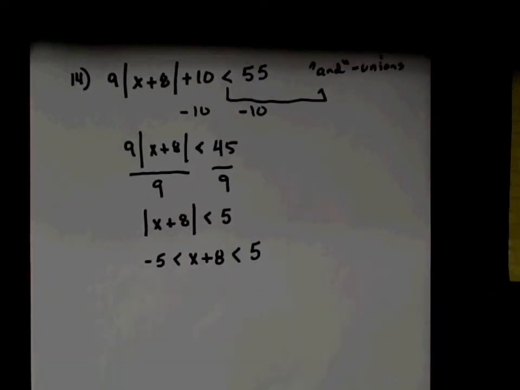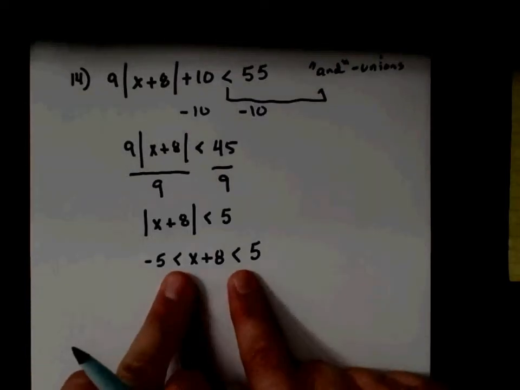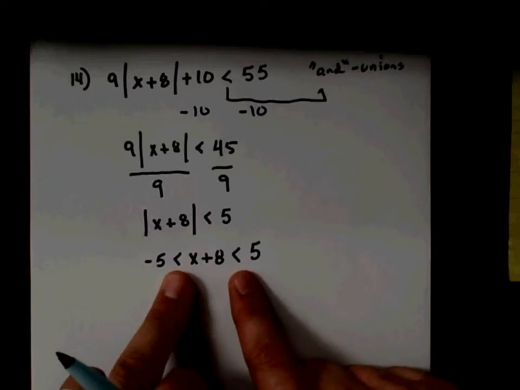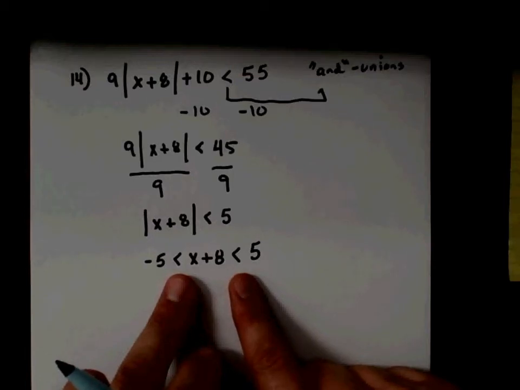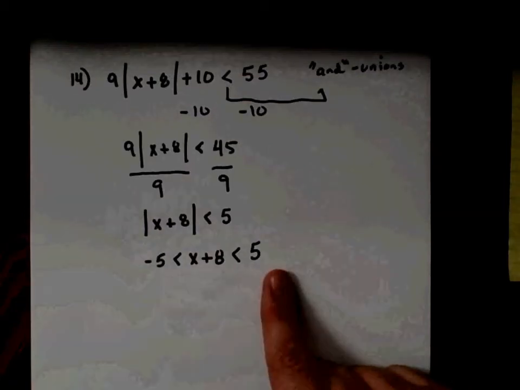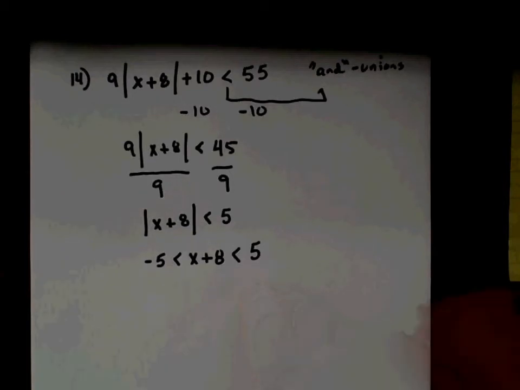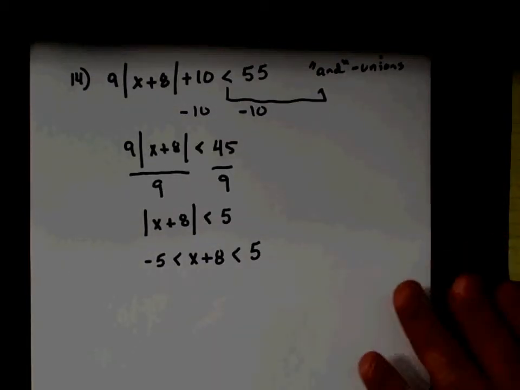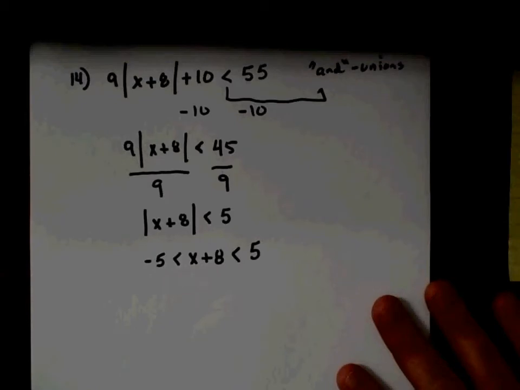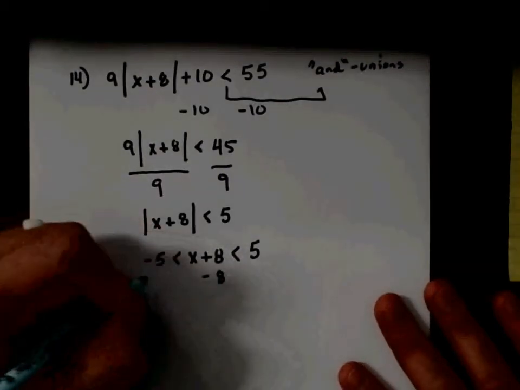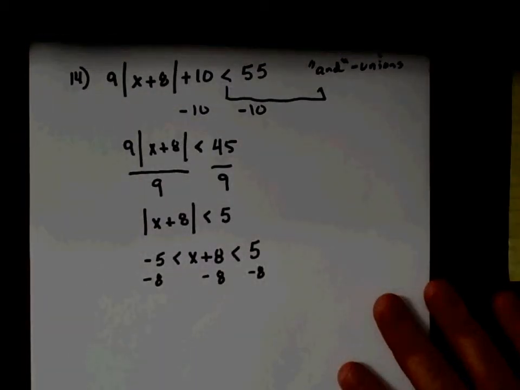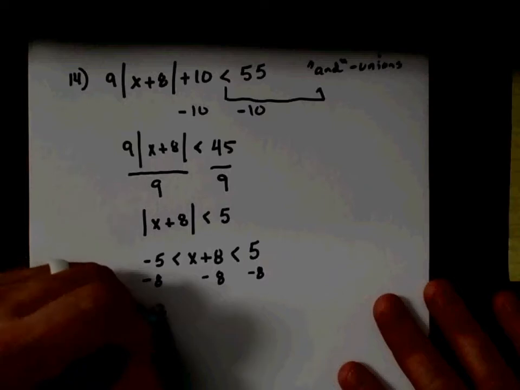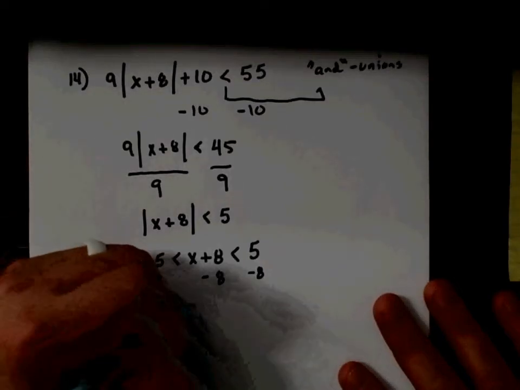Those of you that had issues on your Unit 2 test, you were taking ones with a single inequality and you were trying to split them. Make sure you see double inequality signs before you try to split them and do two things. Some of you were drawing a line down the middle of the single inequality and trying to solve each side, and it was all creative mathematics. All right? And so I'm going to solve it by subtracting 8 from both sides. Okay? And so this is going to give me negative 13